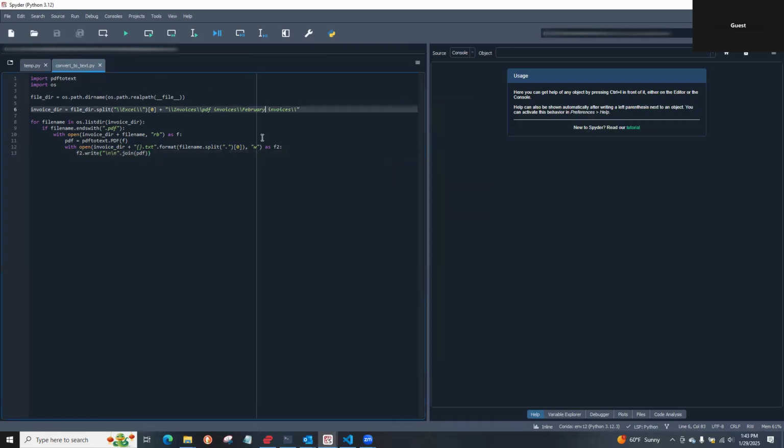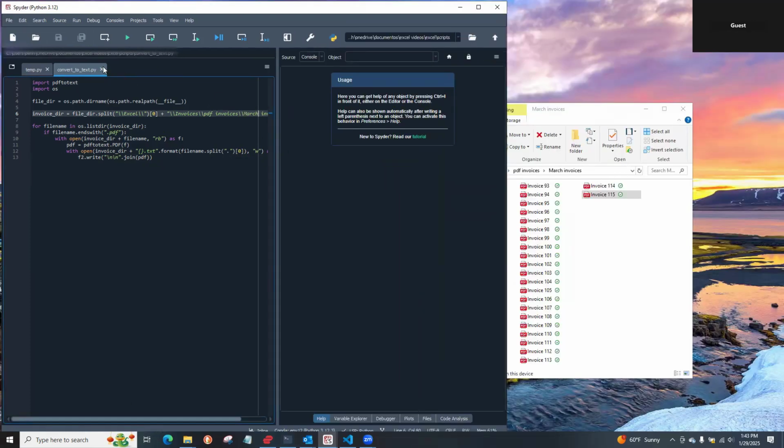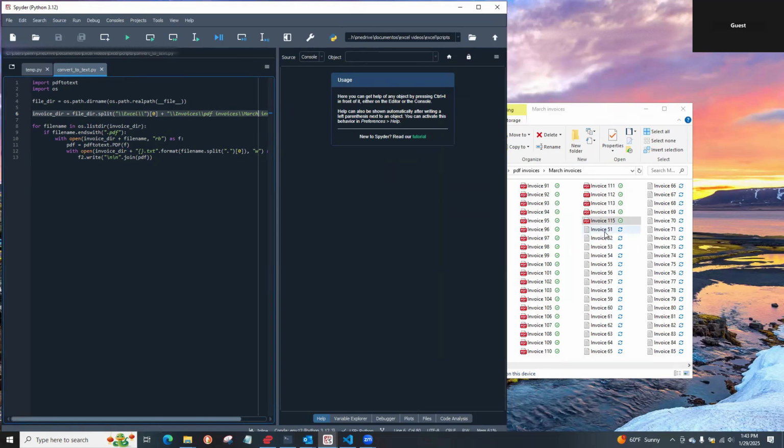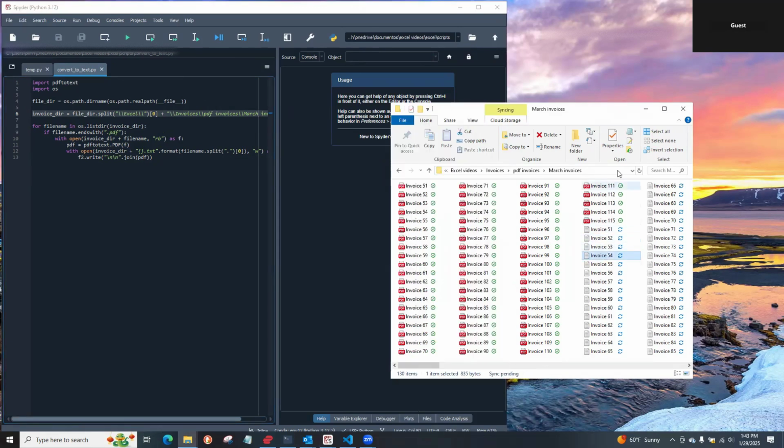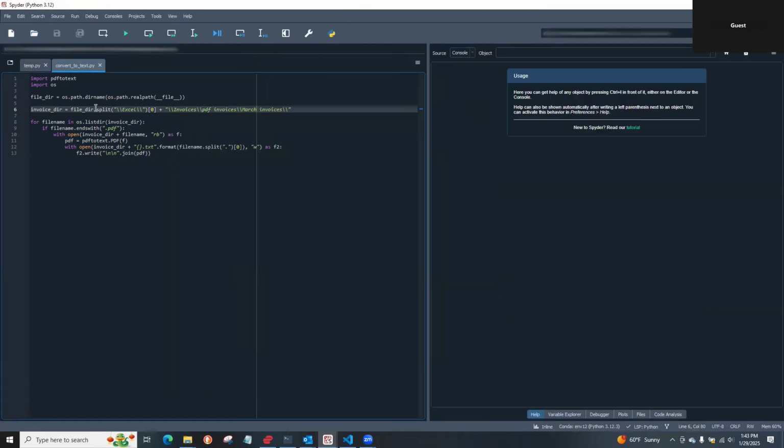So we have to change the directory here. Point to March. Ah, it works here too. That's good. So that's the whole point of creating this for loop, this app, so that we don't